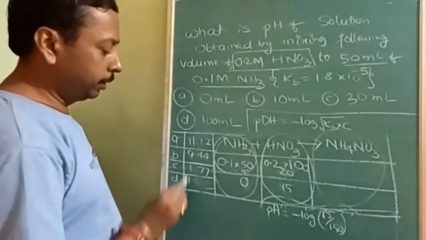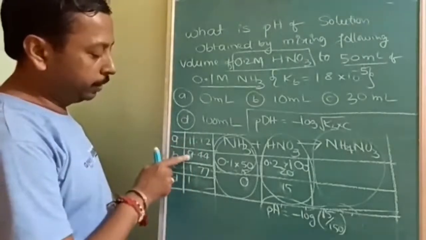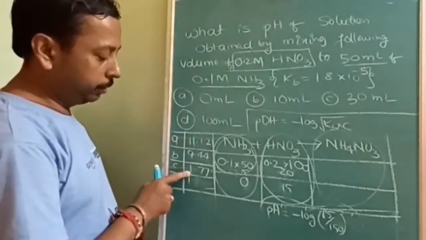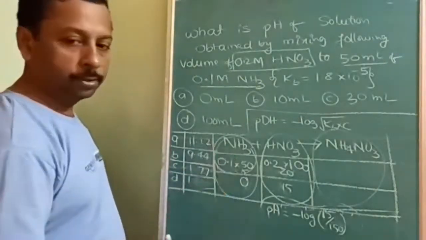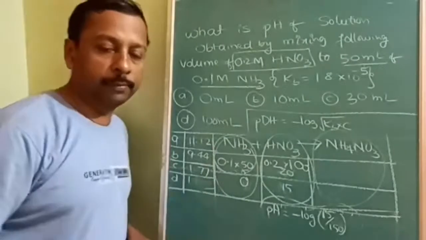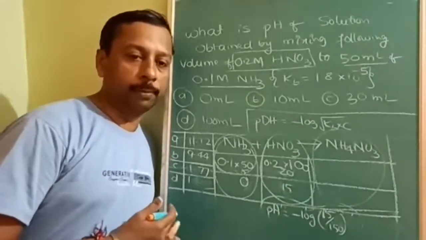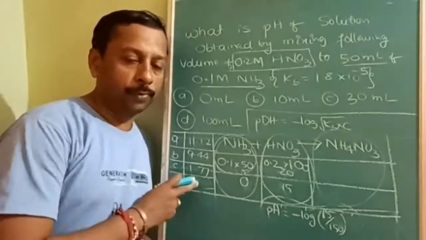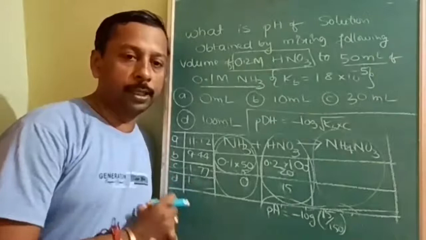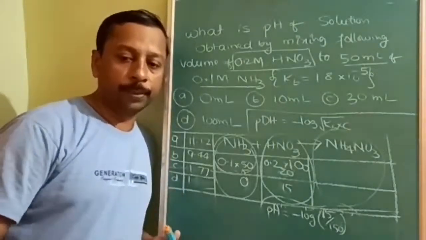So like that, see, you find a sharp variation here. And 11, 9, and again there is a change of 1, and see, small variation, small variation. Okay, so if you draw the graph, then you will clearly get the actual picture. The titration graph I am going to explain in the theory session. So for that only, this numerical session and pH of the mixture was essential. Okay, is it understood?